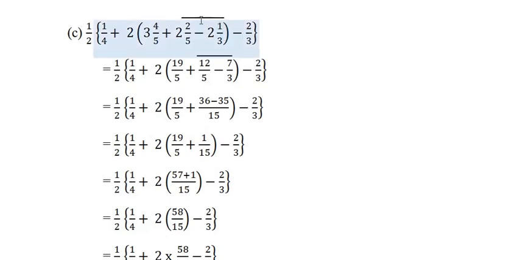First of all, we have to solve this section. First of all, we will solve this bar bracket. After this, we will solve this, sorry, this is your curved bracket, and this is your curly bracket. So first we will solve the bar bracket, after which we will move on to the curved bracket, and ultimately we will move on to the curly bracket. We have a square bracket also.